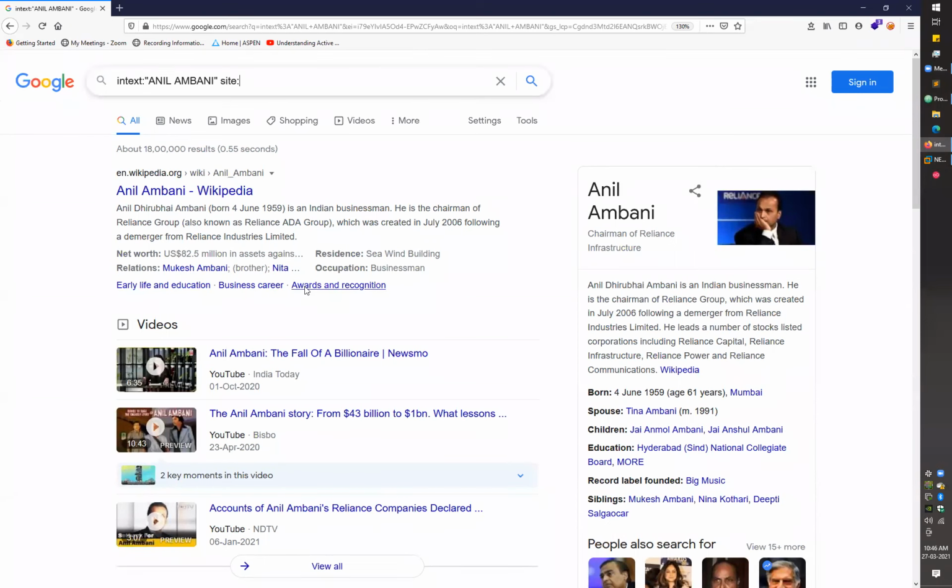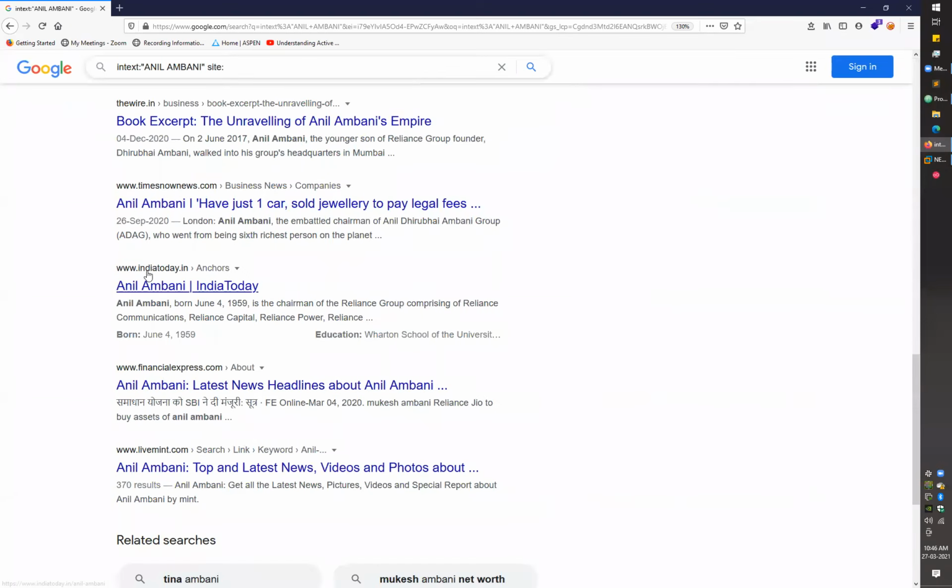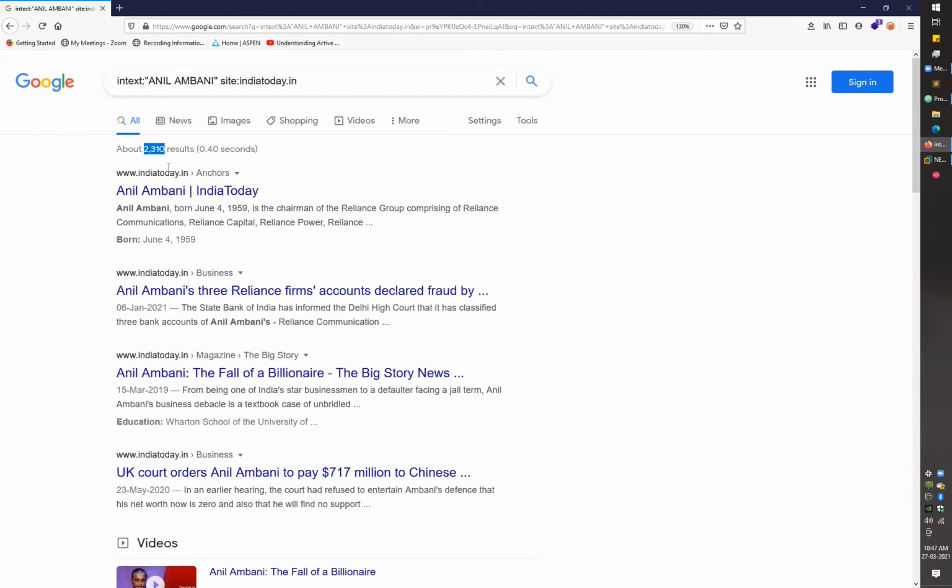So let's go with any website, let's go with indiatoday.in. You have to specify the complete domain name here, with the extension as well, like .in here, and just press enter. Here we got only 2,310 results, and all these results were from indiatoday.in, and